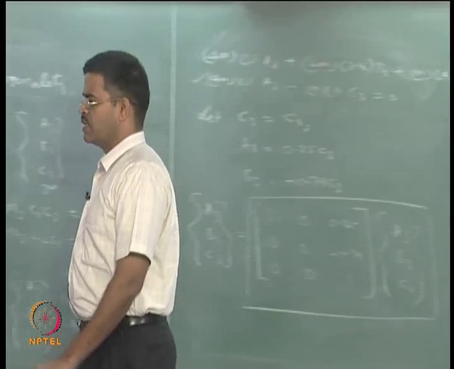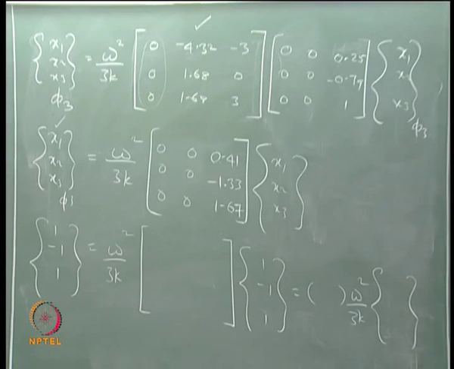Let us see what is this multiplier after iteration. So when you do with 1, minus 1, 1, I got a multiplier of 1.67